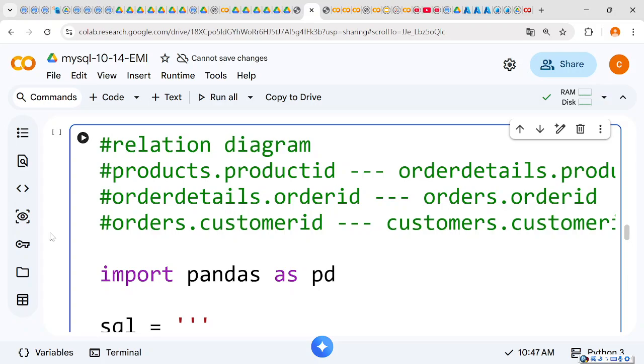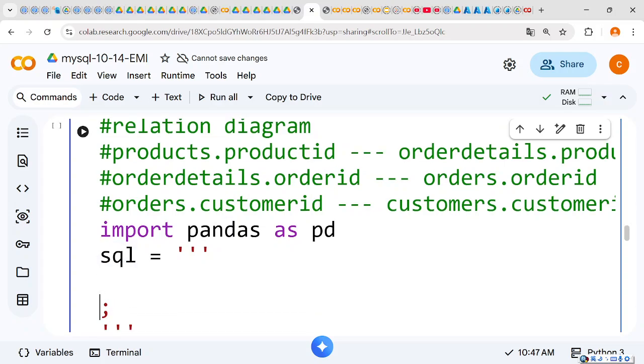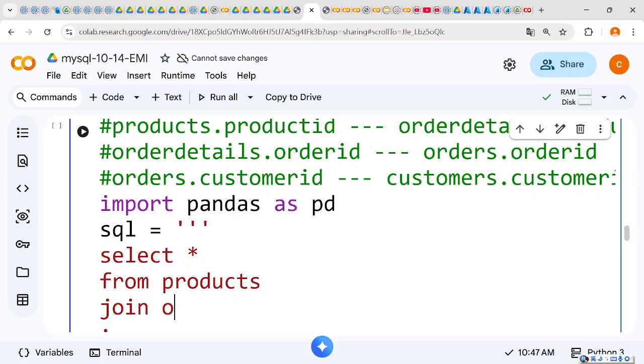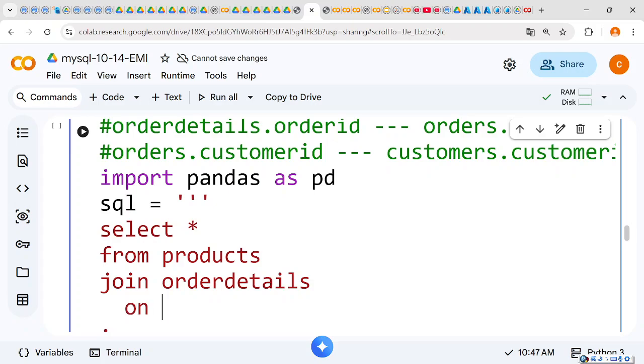And after that, I should write the code to do the connection. I select product, join the two, order details, set a connection point. That is connect to